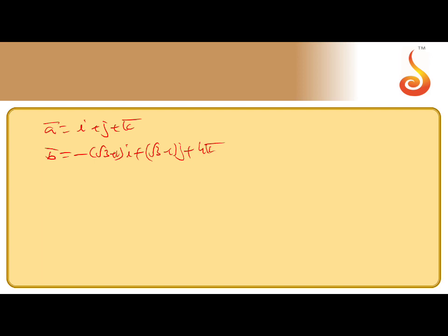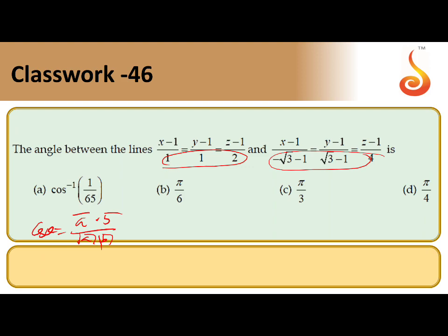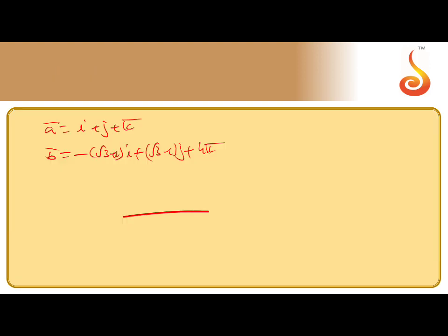So once you check it, minus of root 3 plus 1, root 3 minus 1, 4. These are the values you got here. So first find A dot B. You can solve directly: minus root 3 minus 1 plus root 3 minus 1 plus 4. So what comes? Root 3 cancel. So we'll get 2. That is A dot B. Once you check this, this is 4K, sorry, means this comes 8. The value of A dot B is 8.